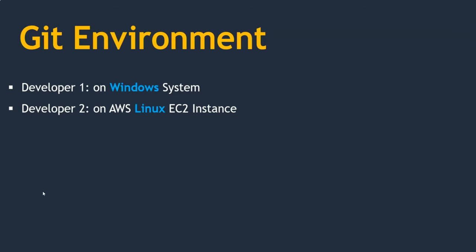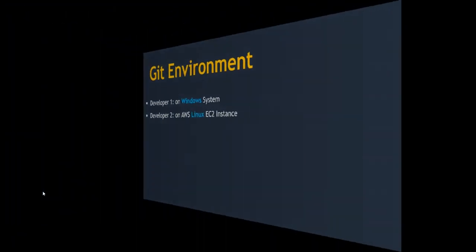If you don't have an AWS account, don't worry. I have created separate lectures on how to create an AWS account and how you can launch a Linux EC2 instance on AWS Cloud. Those videos are available at the end of this Git course. Please go and watch there. If you are comfortable creating an EC2 instance on AWS Cloud, you can continue with this lecture. But anyway, I'm going to quickly launch an EC2 instance in this lecture as well, so you can follow along with me. Now let's jump into our AWS Management Console to create a Linux EC2 instance.